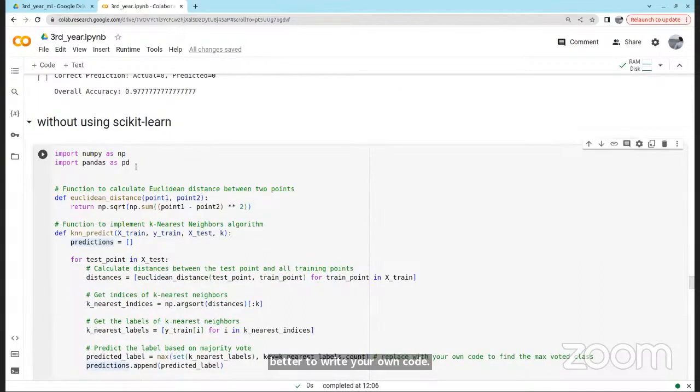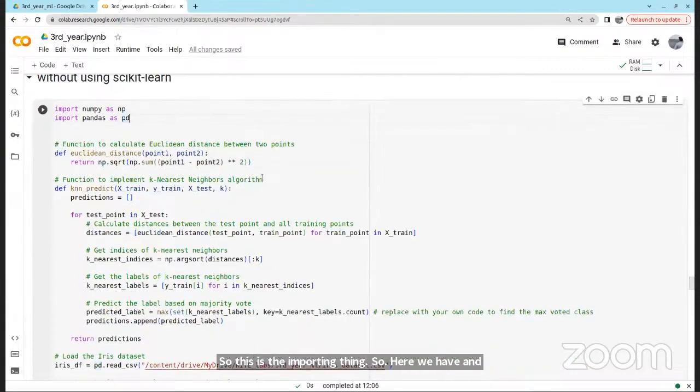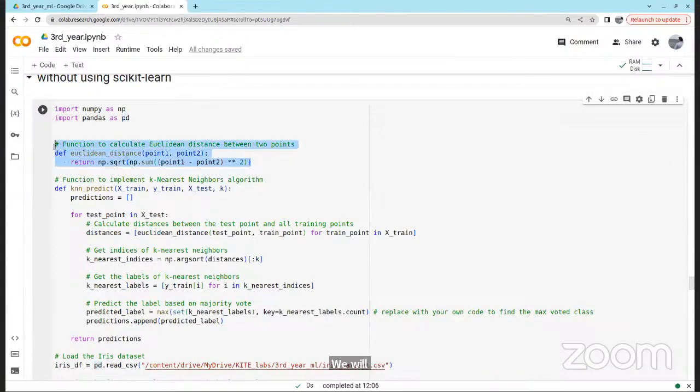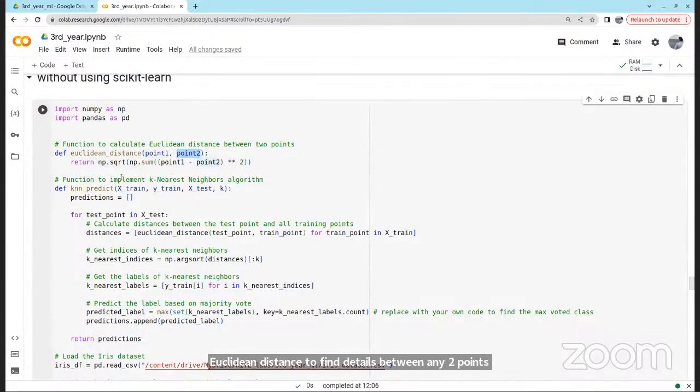So this is the importing part. Here we have numpy and pandas as imports. We will use numpy and pandas here, and we wrote a function for Euclidean distance to find the distance between any 2 points, point 1 and point 2, and this is the square root of the sum of squared differences between point 1 and point 2.